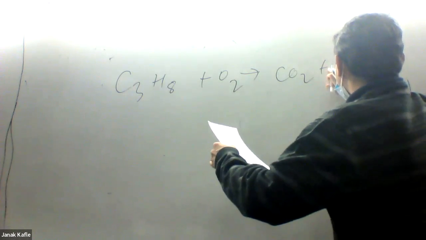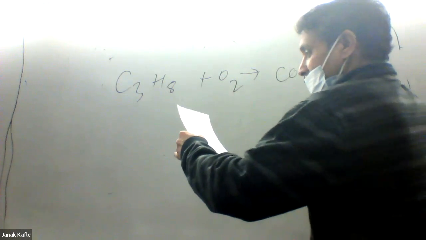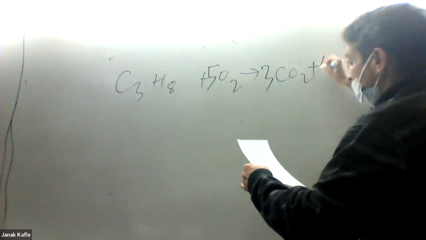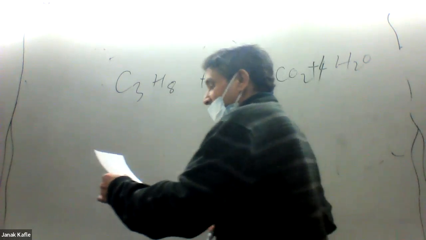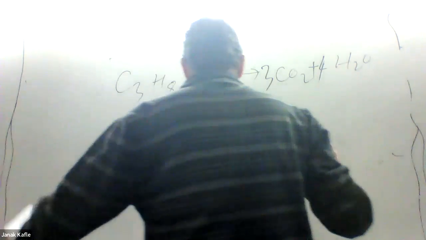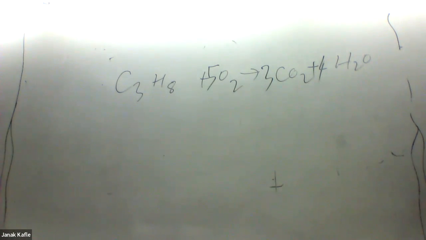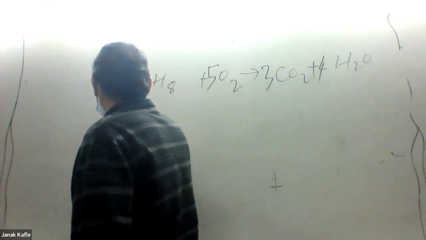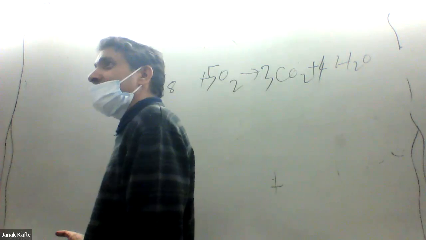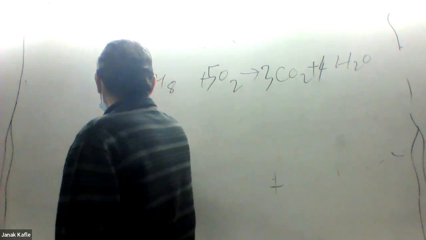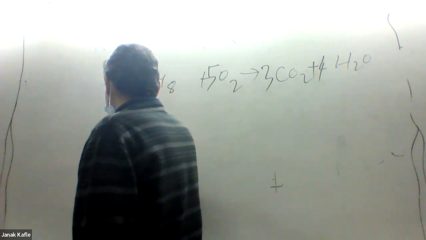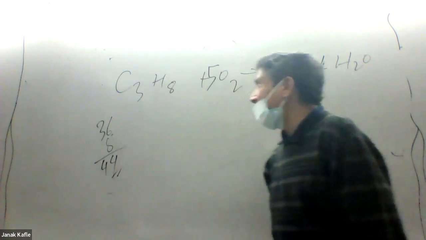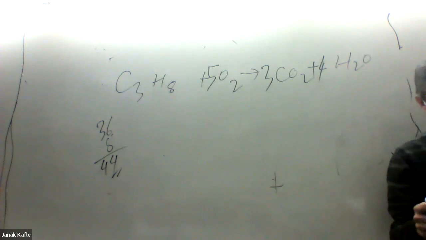Again, you don't have to balance this yourself. It's already balanced. The coefficient here is 5, here is 3, and here is 4. So the standard molar enthalpy of propane: what is molar enthalpy? If you want 1 mole of propane, 1 mole means how much? So 3 C. 1 carbon is 12, right? 12 multiplied by 3 is 36. 1 hydrogen is 1, and I have 8 there. So 36 plus 8 is 44. So if you want 44 gram of propane, they are saying you would get